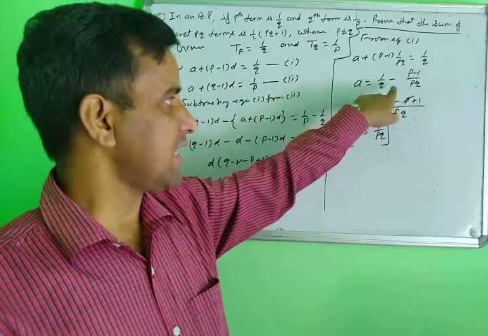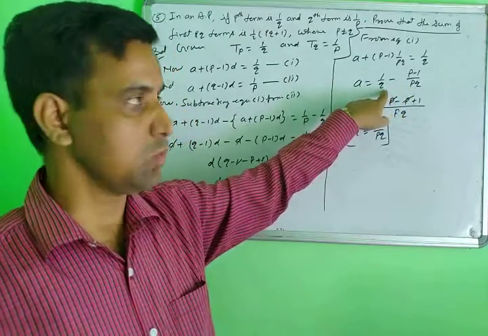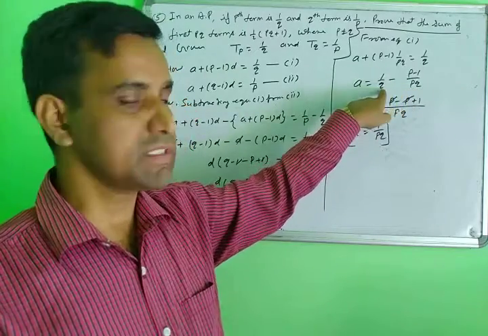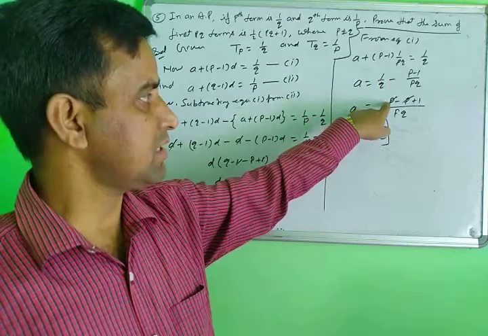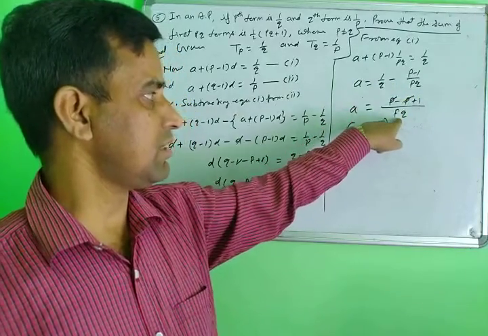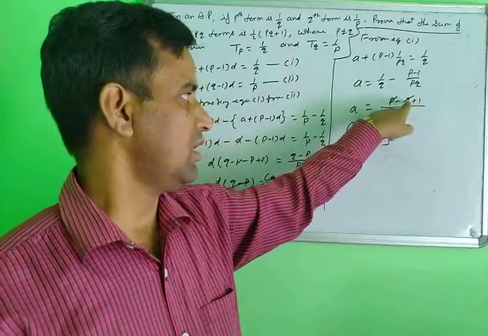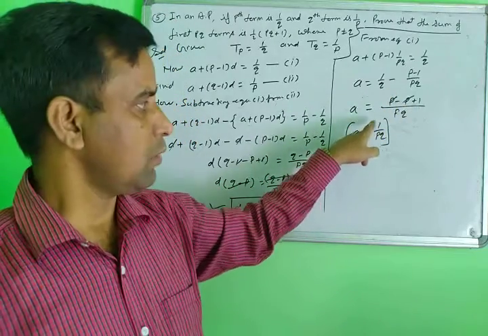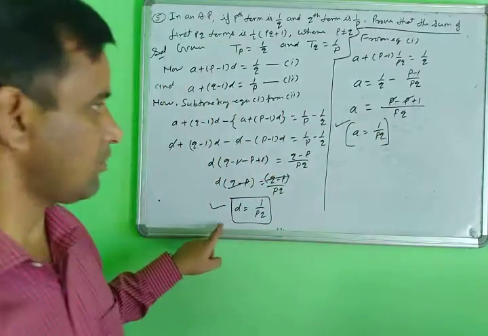First of all, you take the LCM of q and pq. Both terms have q, but p is missing here, so you multiply and divide by p. So what is the LCM here? pq. Then the minus sign, minus p, or minus minus, gives plus 1, so plus p minus p cancels. What is left? The value of a is 1 upon pq. The value of a and the value of d you have got here.